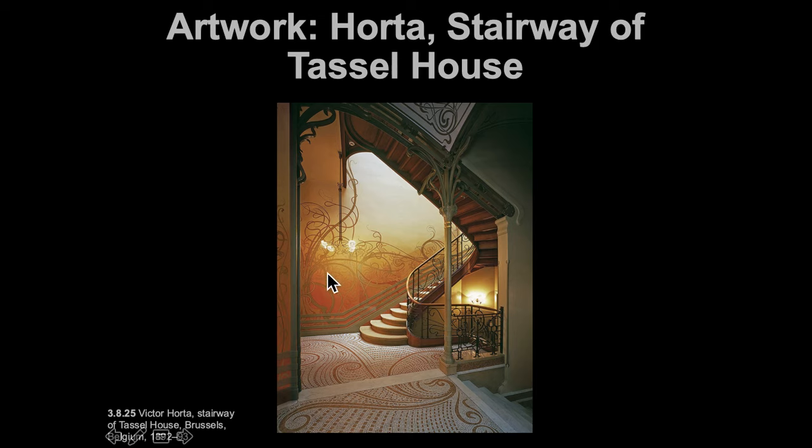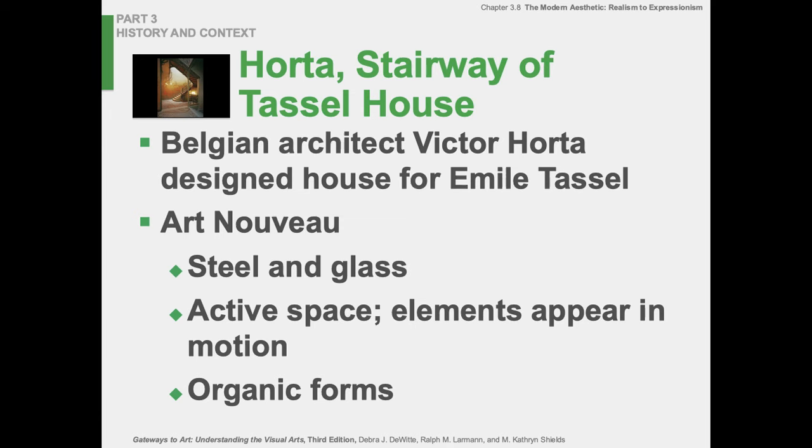And then the wall here, and I don't know if this is an inlay, I don't recall what this material is in here. And then the lamps hanging, those were probably initially gas lamps, they're now electric. But it has this beautiful sort of almost like sea anemones coming off it, and then the floor tile is done in tesserae mosaic with this gorgeous design. So everything's kind of rounded and soft and beautiful and detailed. This is our Belgian architect here. Steel and glass. It's an active space. Lots of things moving around.